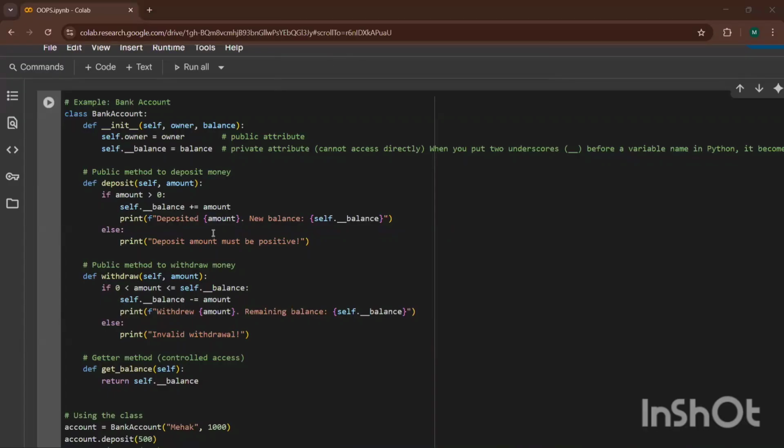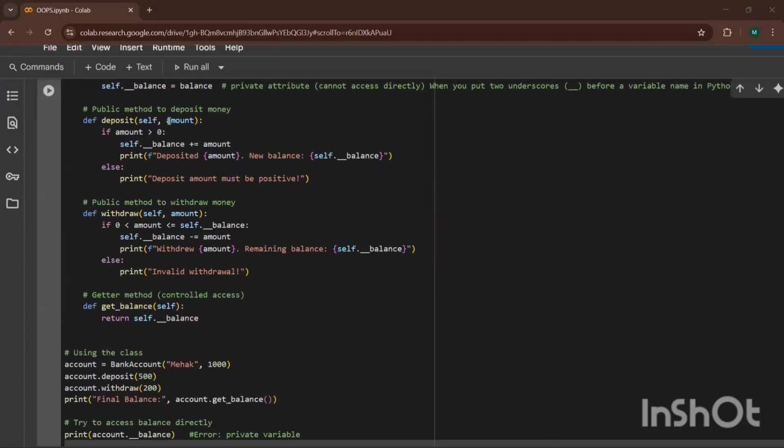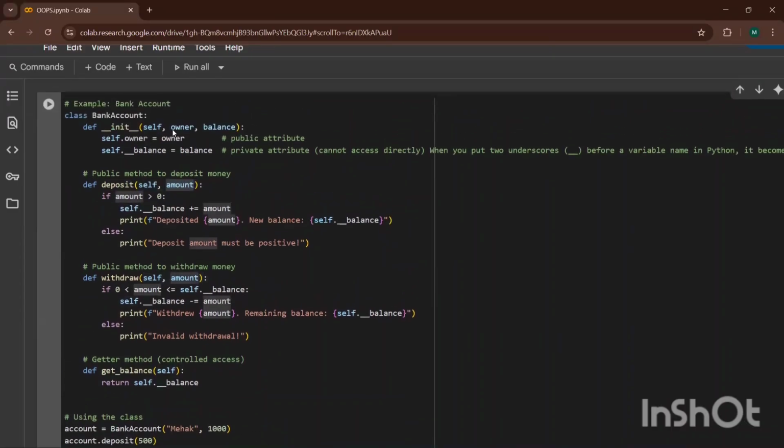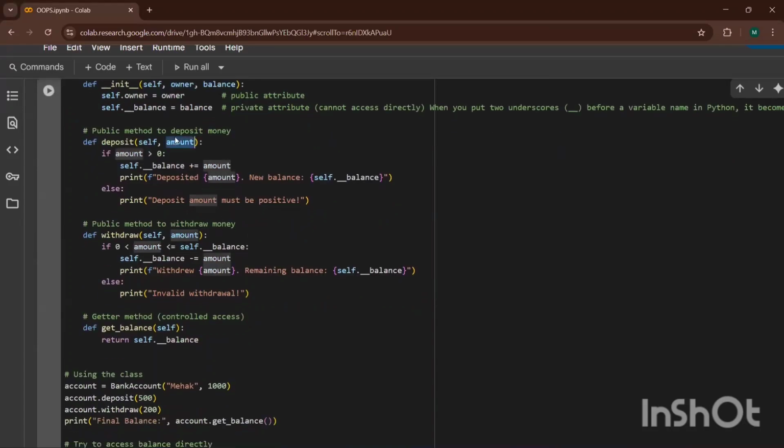Great. Now guys, public method to deposit the money. Def deposit. I am having self and amount. In self, I will be getting owner and balance, both. And one more thing I'm adding, that is amount.